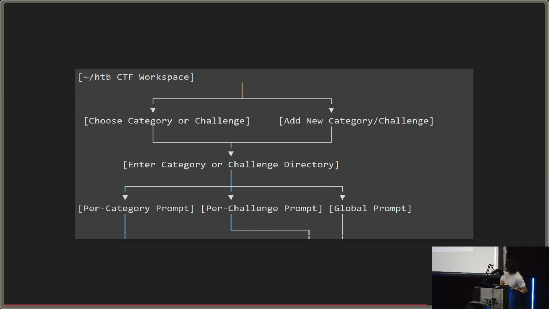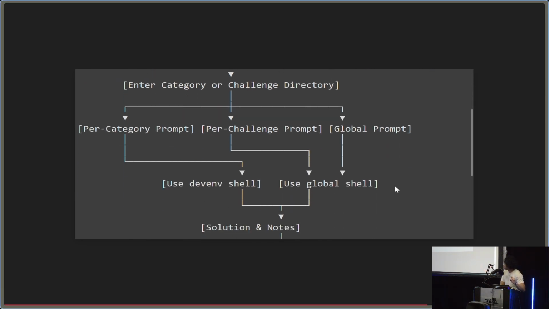And yeah, here's the new workspace. I would choose the category or challenge that I was doing on Hack The Box, like forensics or Windows Active Directory, something like that. Then once I choose that, I would have it go into the directory itself. And this is where the prompts and directory environment come into play really nicely. On top of the tools that you're calling, you can now call your system prompts